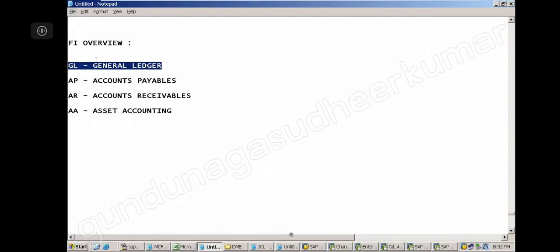So now we will stand at GL and see what the other things are and how they are connected. That's why our next session is to come out of GL and look at the full picture. Where is the GL, what are the other topics for the GL, and how are they connected to it? Then you will get the full picture of FI. That is the FI overview session, so that tomorrow when any topic or discussion comes, you know which area you are talking about. You should get that picture of the FI model.